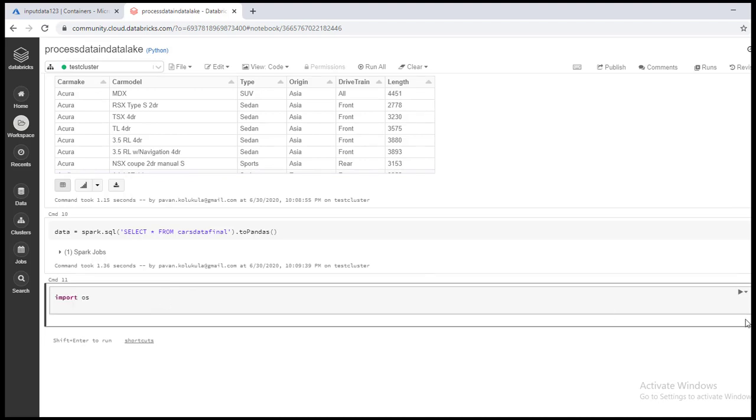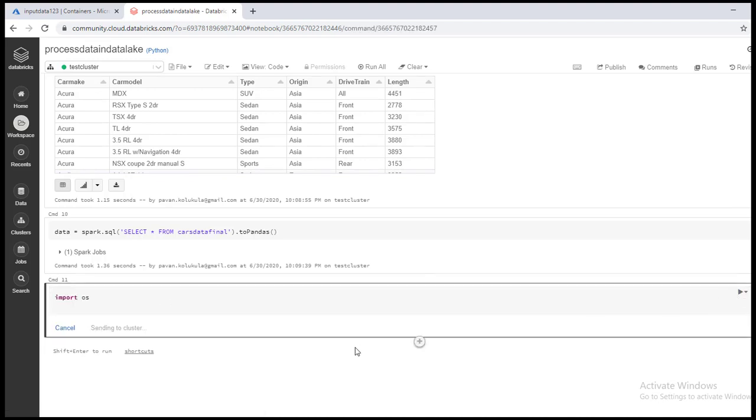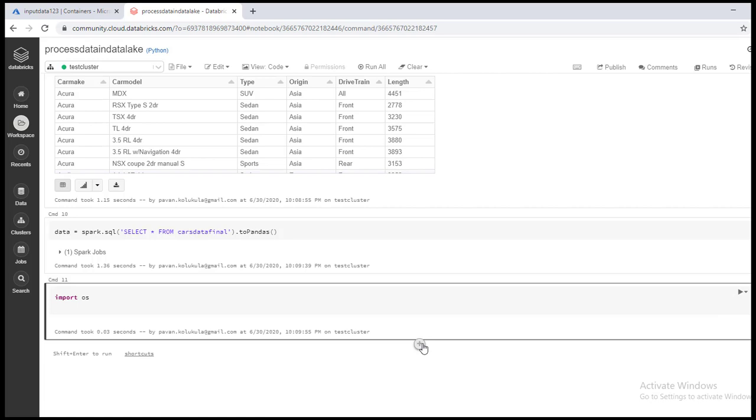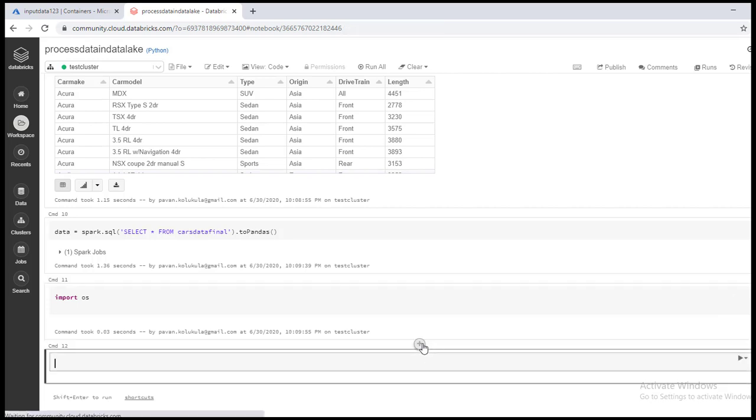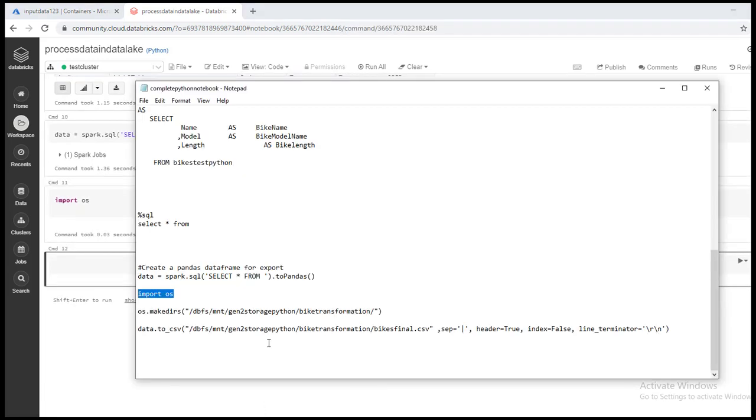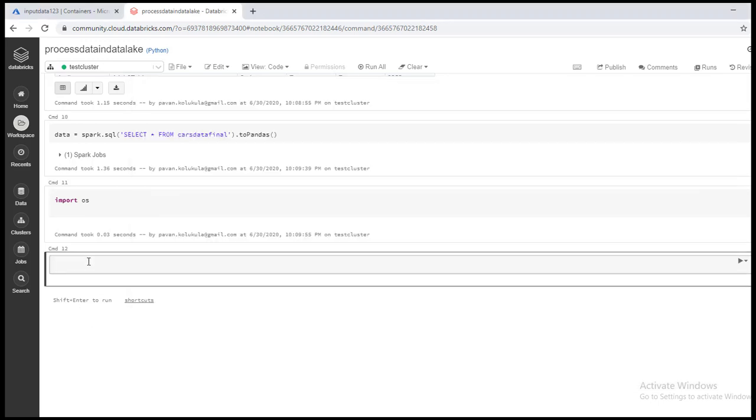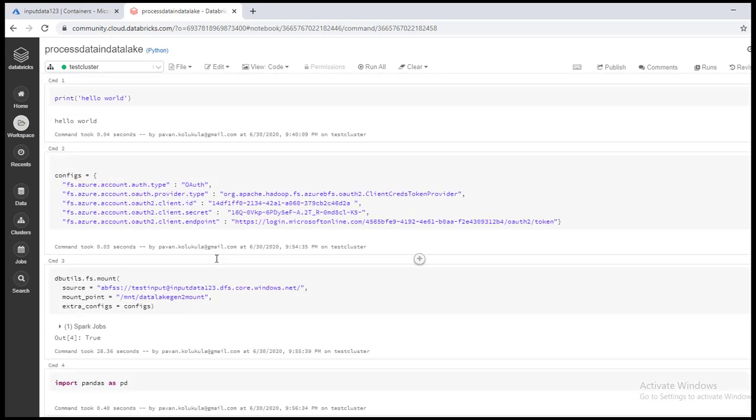We'll import OS, which is a Python library, and then we'll create a directory in the mount.